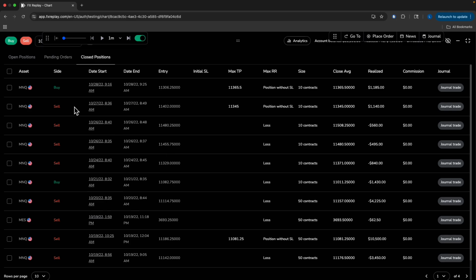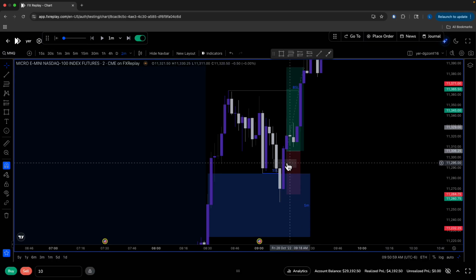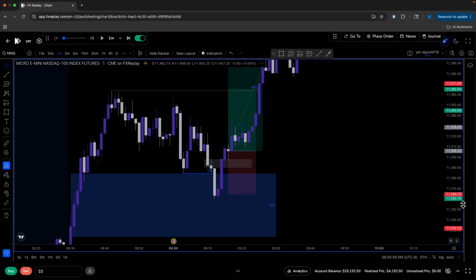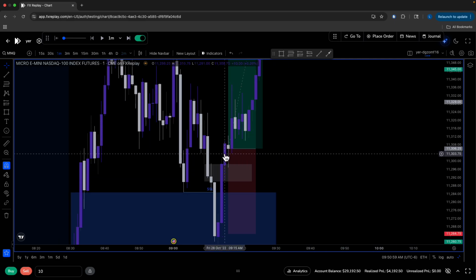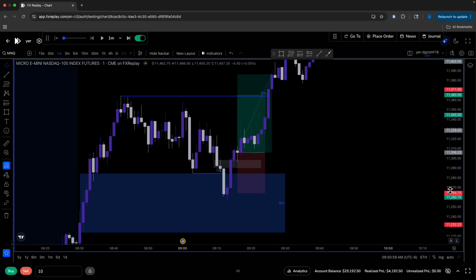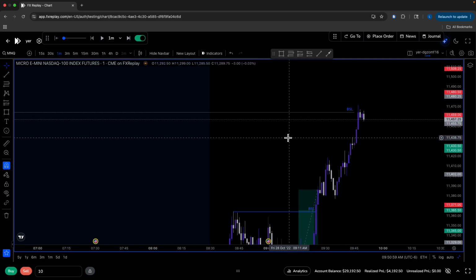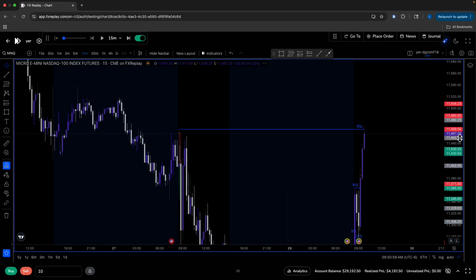And then if I bring up the executions here, you can see this was my trade. As you can see, I waited for a tiny bit of a rebalance, like a 2 minute close right here. I waited for this little candle to enter here, and then I targeted this high. Now, I did have this high marked out as a potential target because, like I said,